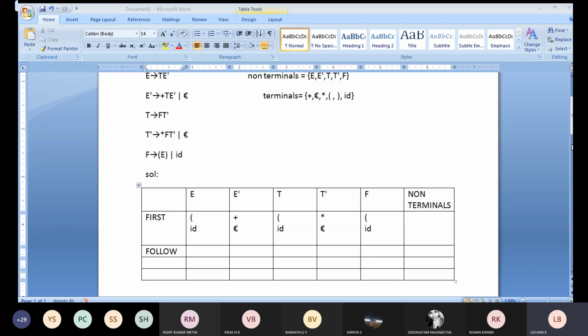If you have understood, I'll move to the follow, or if you want me to explain the first concept once again, I'll explain. I want a response from other students also. Varsha. Soumya. Tejaswini.